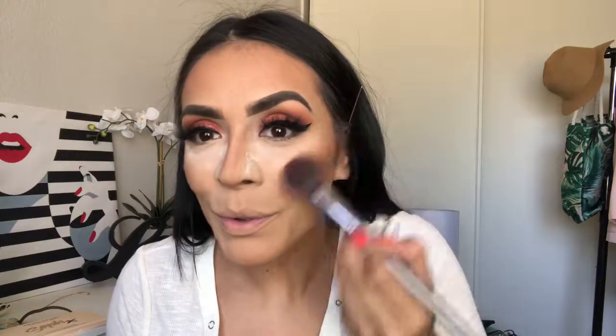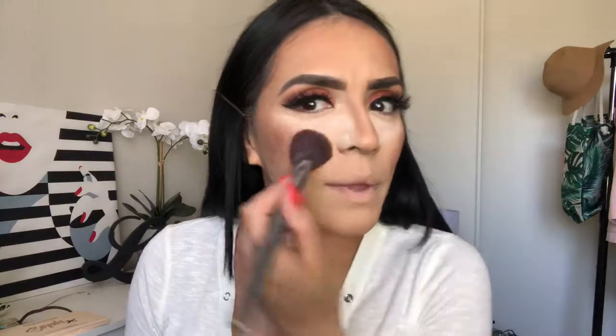Honestly, this is the best blush brush. This is from BH Cosmetics. I love it. I'm gonna go with this one from Elf. This is like my trusty, ooh, do you guys see that? It's super subtle, it's nothing crazy. I'm loving it. Oh my god. Ooh, okay. I like this one better than